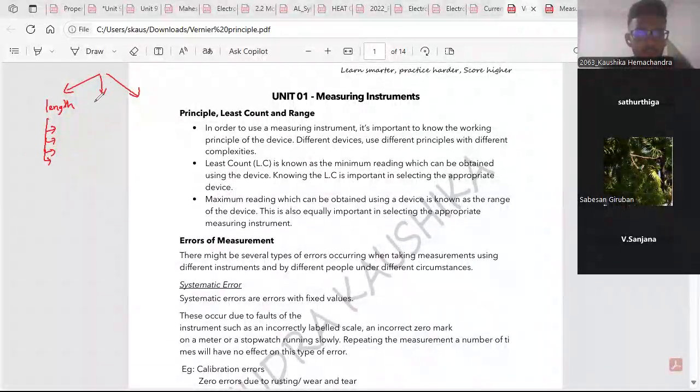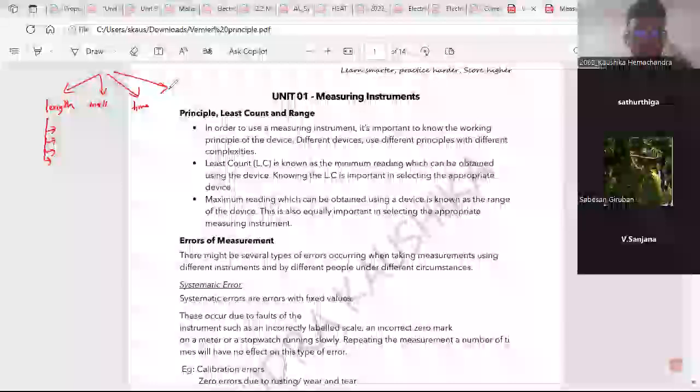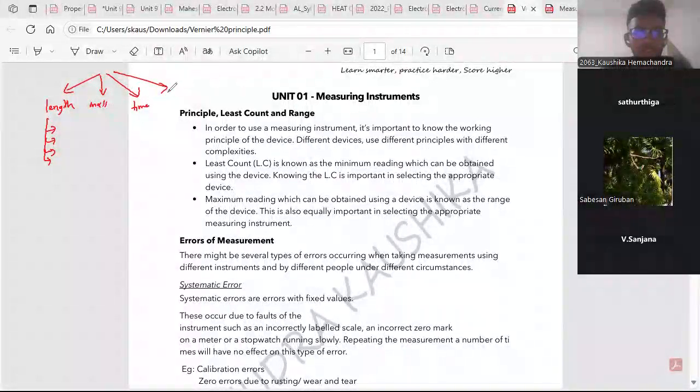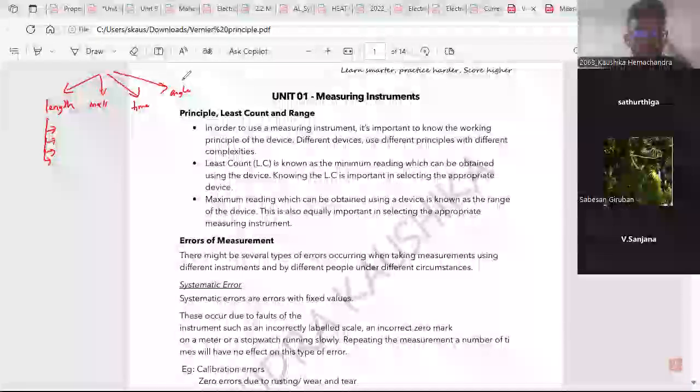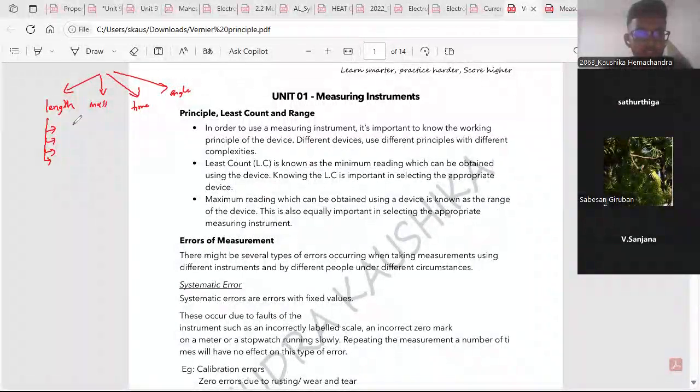Then we have instruments that measure the mass, mainly the triple beam balance, the four beam balance, and ones that measure the time, the stopwatch, the analog one, the digital one, right? And we have instruments that measure the angle, mainly the spectrometer, right? As well. So in the measuring instruments lesson, we will be focusing on mainly,